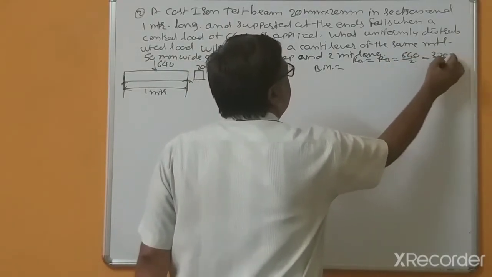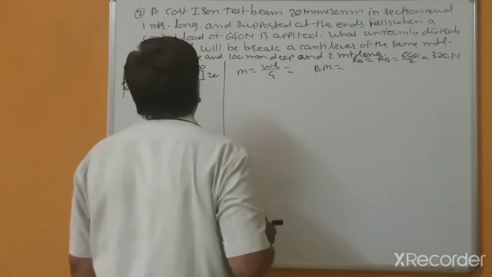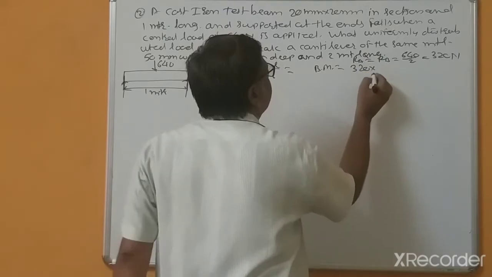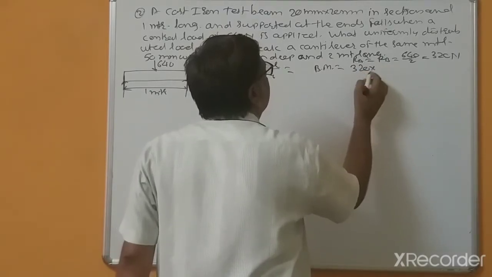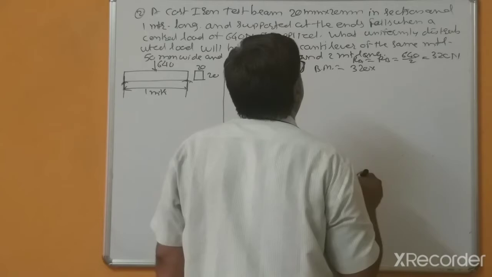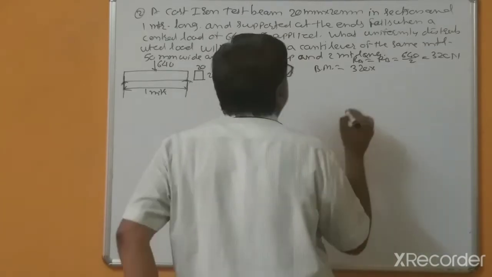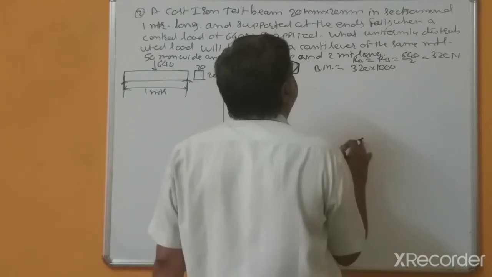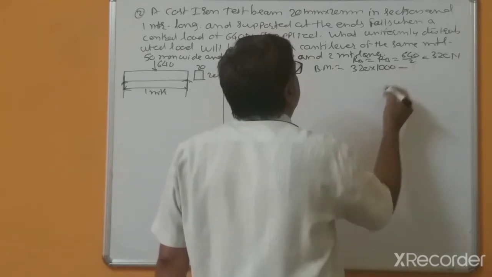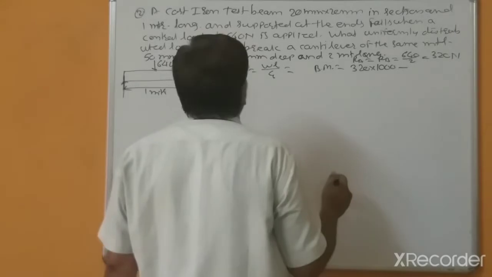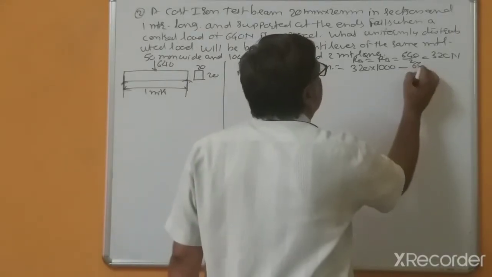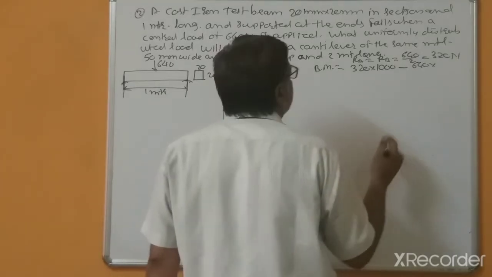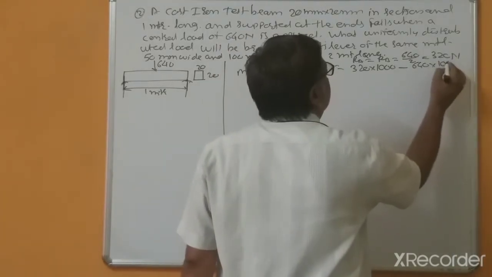This is 320 Newton. So that's why 320 multiplied by distance 1 meter, minus 640 half of its distance,